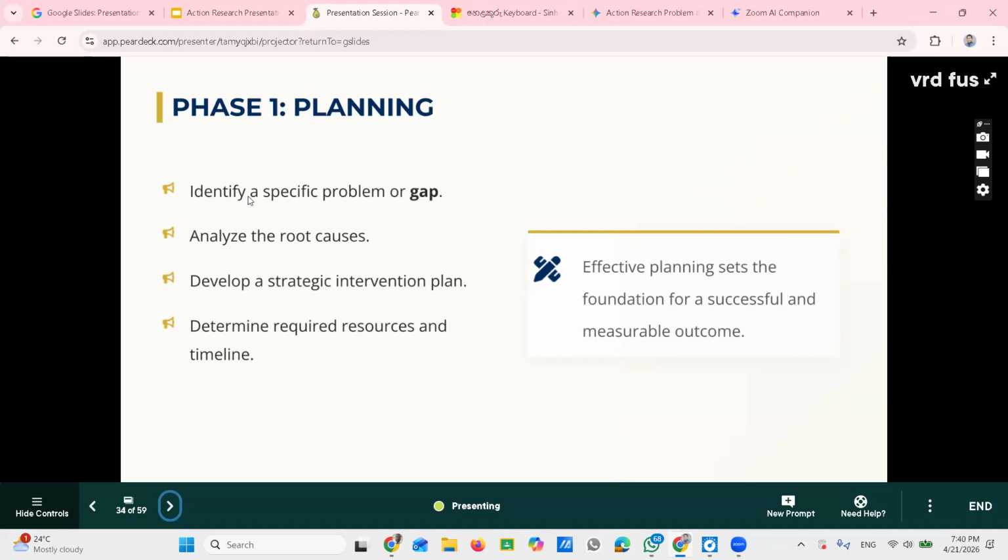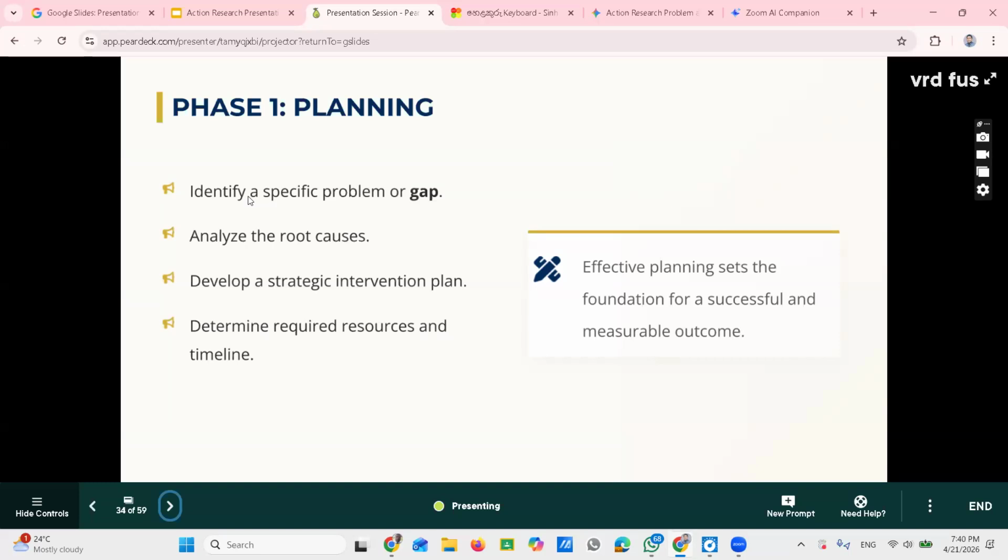That means how you are going to solve your identified problem. What actions are you going to take to solve the problem? You have to plan the actions, the strategic intervention plan, how you are going to intervene with your activities. First you need to design and plan the activities, then you can do it in the next